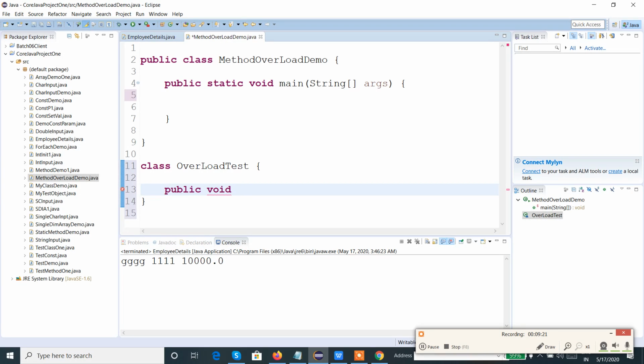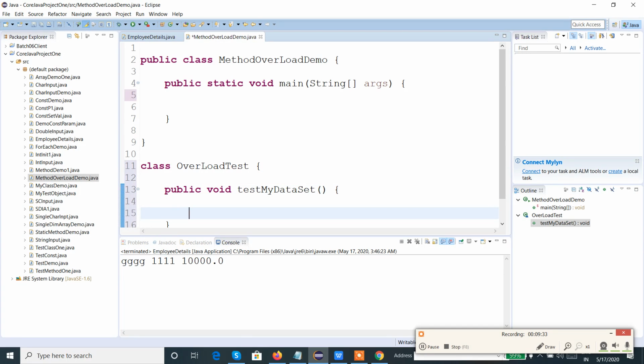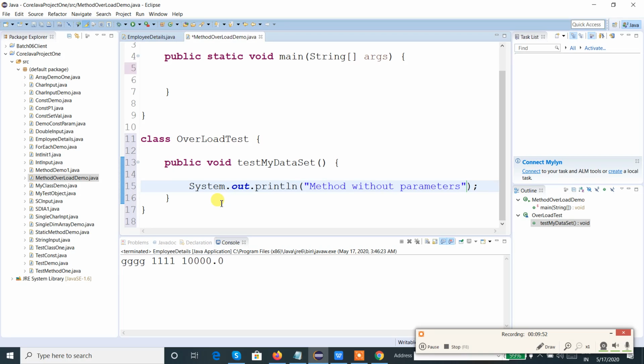Public void test my data set. This is without a parameter, and that is what I defined in the print statement.